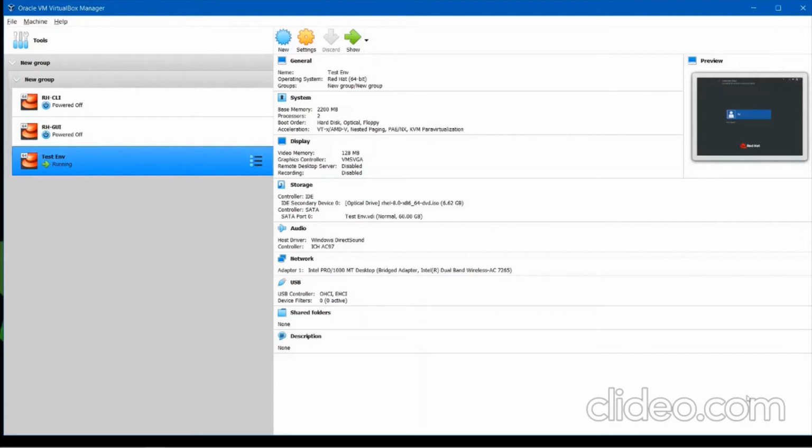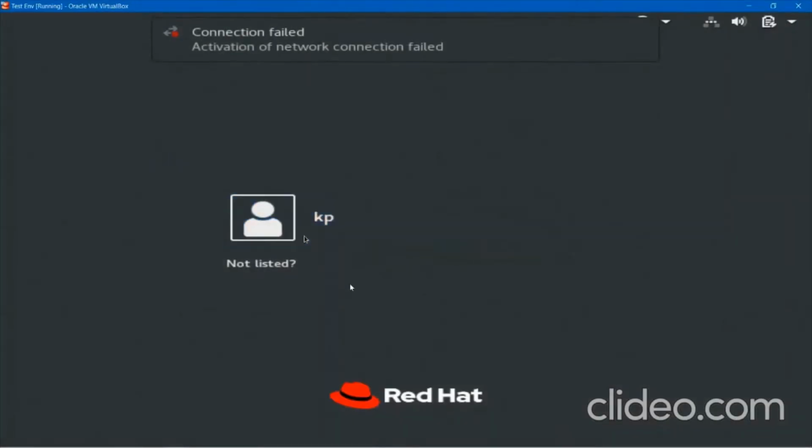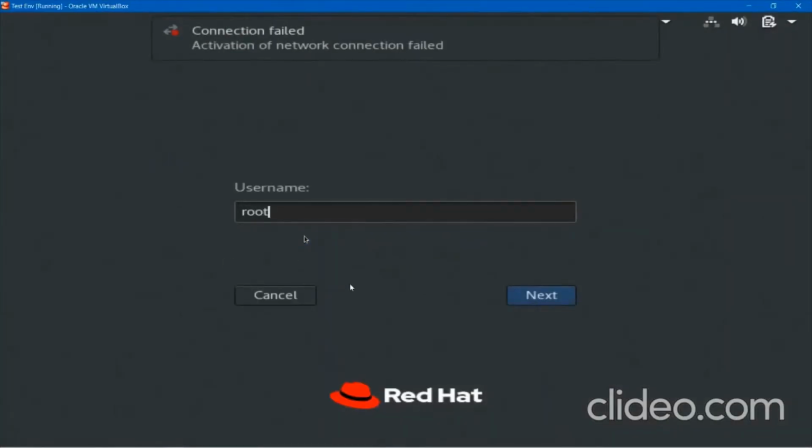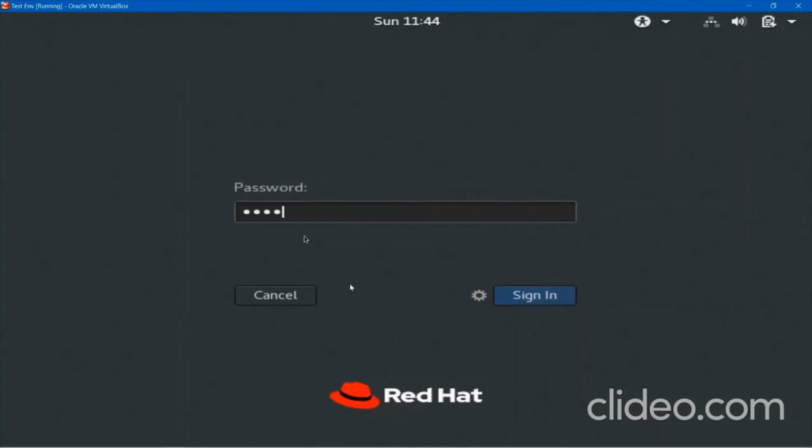All right, guys, let's continue with the next part. I've already opened my VM. Let me log in. I'm doing it from the root account. So what's the plan for today? Today we will see some more important commands that are useful.